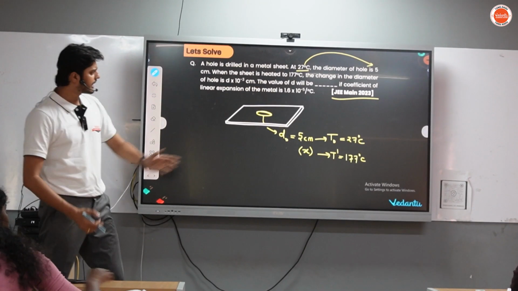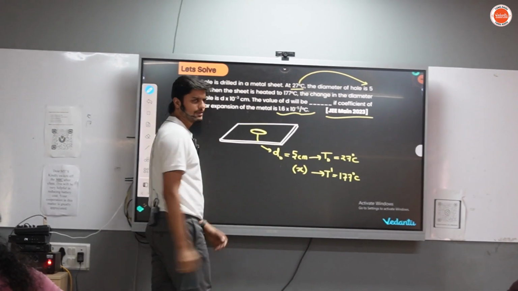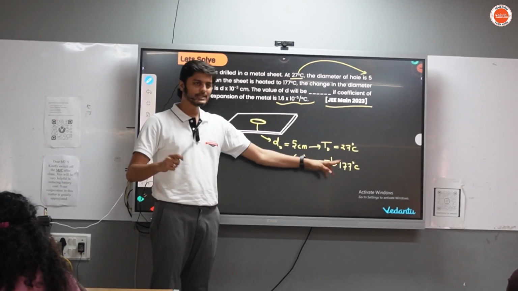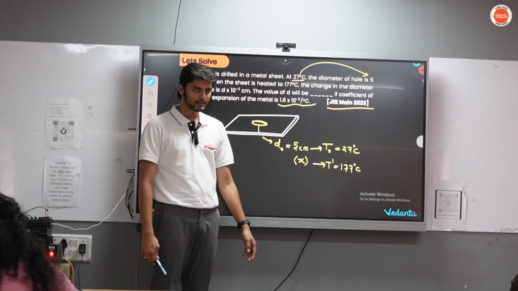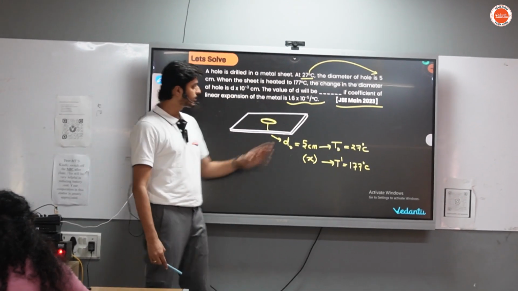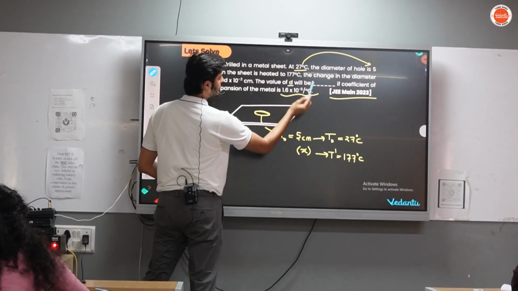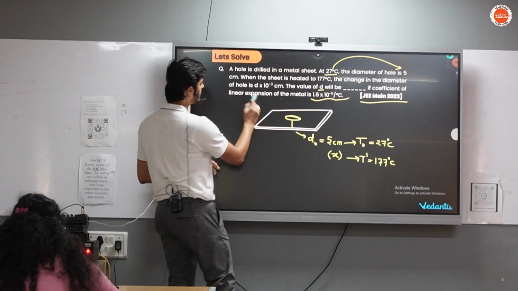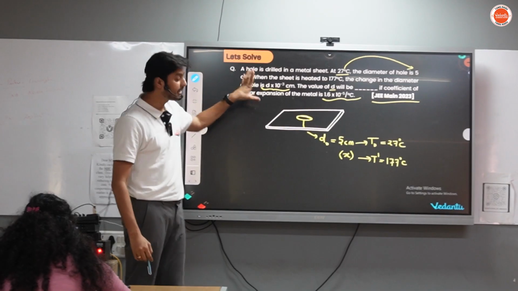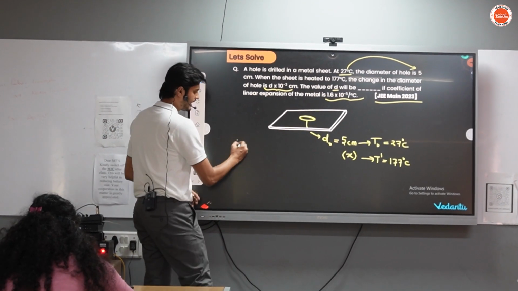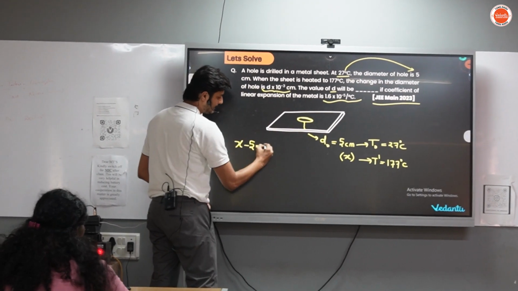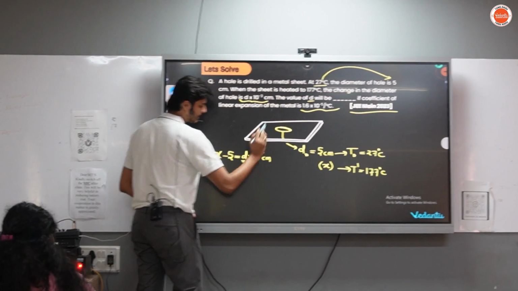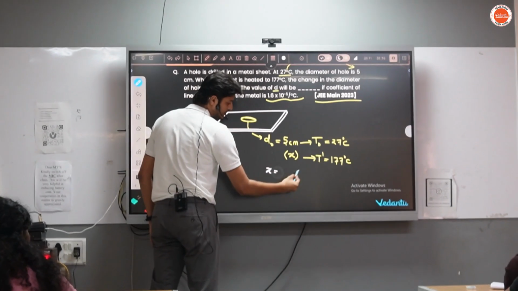Try it fast, and alpha is given to you. Nothing else is there in this. Do it fast, very basic logic. At 27 degrees Celsius it is 5 centimeter, and at 177 degrees first find how many centimeter. Then x minus 5 is their answer, because they are asking for the value of d, the change in diameter. So x minus 5 equals d into 10 power minus 3 centimeter. Then they ask what is the value of d. You know that x equals the original diameter